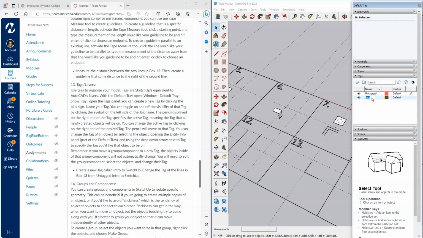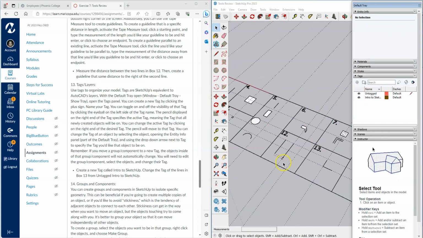And so if you look a little bit further down, box 13, we are creating a new tag called Intro to SketchUp. So I hit the plus sign to create a new tag. I can name it Intro to SketchUp and hit enter. And then you can toggle on and off the visibility of that tag by clicking on this little eyeball here on the left. So SketchUp defaults with one tag, and it's called untagged. So everything that I've created so far should have been on that one tag since it was the only tag